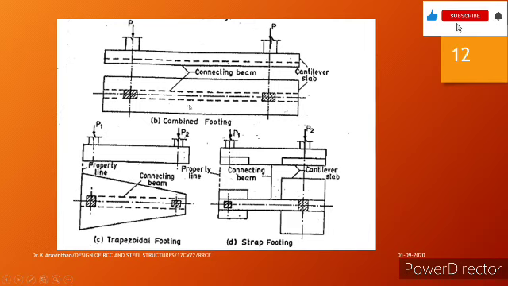Why? Because the slab does not have the stability property, that is, the column load will be evenly distributed throughout each and every meter if you are having the connecting beam. This is the advantage. This beam distributes the load to the slab. So the slab area is evenly loaded by using the connecting beam. So this is why the connecting beam is placed in some areas.